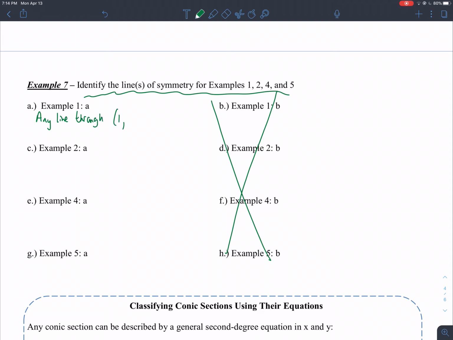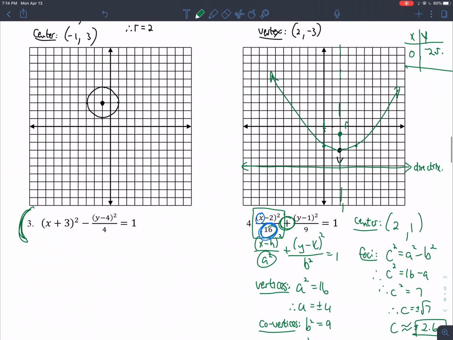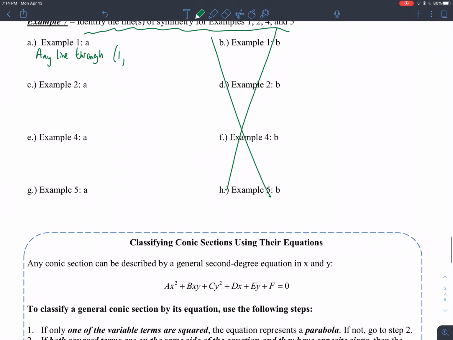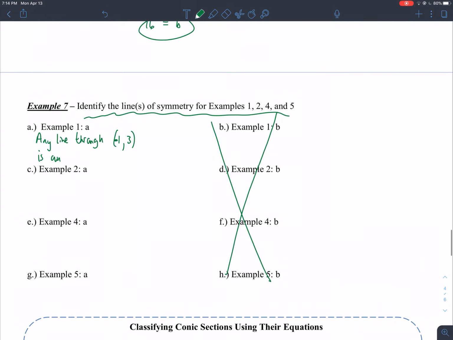Through negative 1, 3. What was the equation? Sorry, negative 1, 3. Okay? Any line through negative 1, 3 is a line of symmetry. Not an axis. They said line. A line of